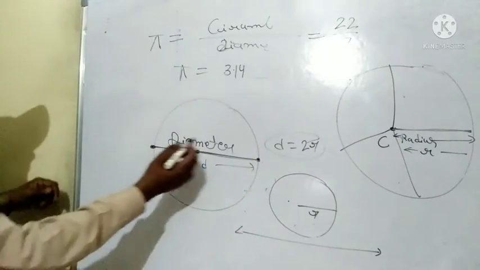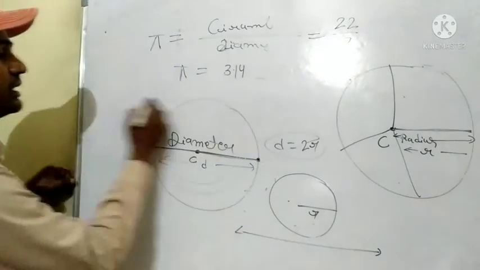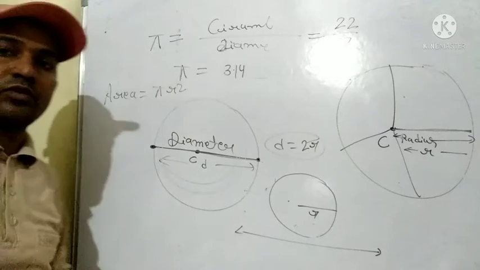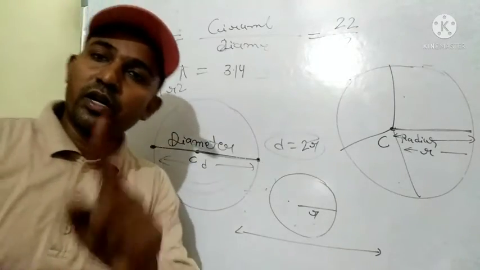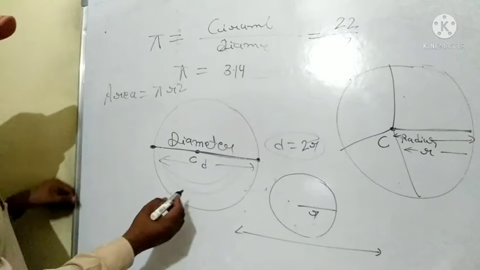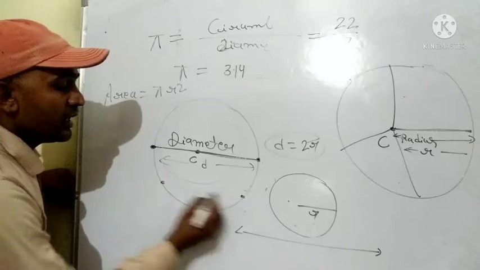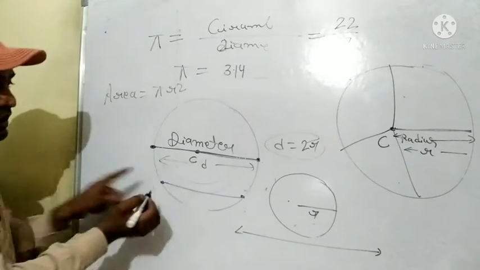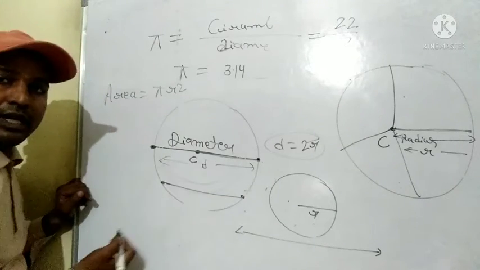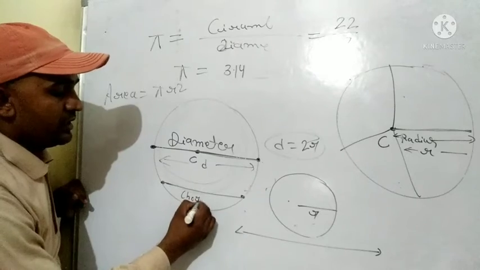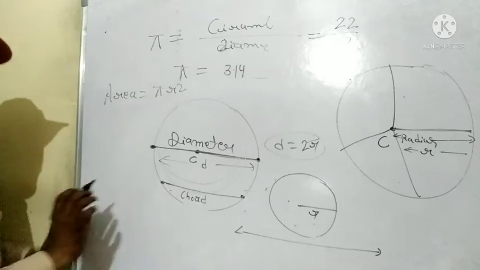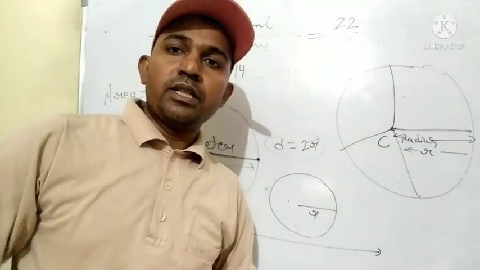Okay, after that, the place covered by this circle is called its area. Area of circle is equal to pi r square. You can say pi into radius square. Okay, pi into radius square. And again, if 2 points are joined without touching the center of the circle, what is the name of this line or these many lines? This is a chord. Chord. Okay, understand? After that, we discuss in the next video.